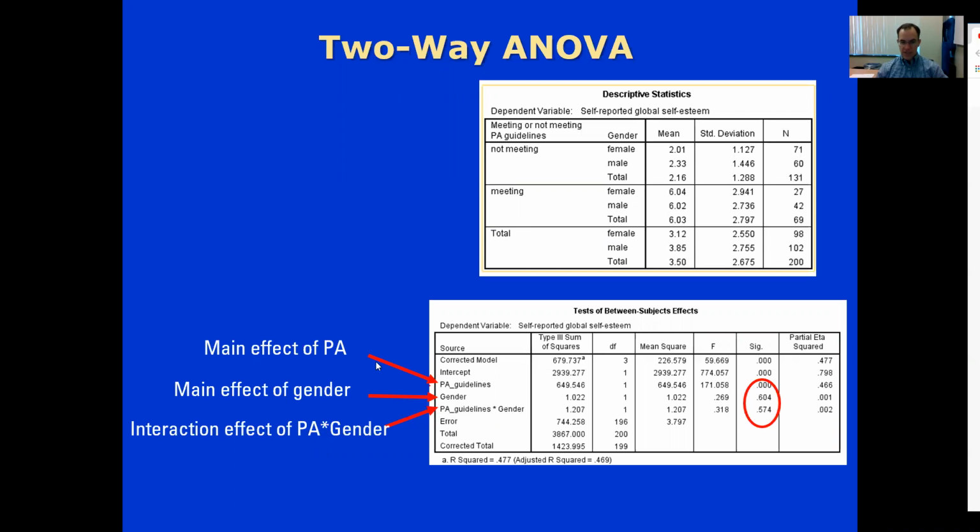So the first thing we look at is the main effect. Is there a difference in terms of meeting or not meeting the physical activity guidelines overall? And you can see there is a significant difference. So there seems to be some indication that there are differences in terms of meeting or not meeting the physical activity guidelines. So again, this would indicate that there is a main effect of physical activity guidelines on our self-reported self-esteem. Meeting or not meeting them does have an effect